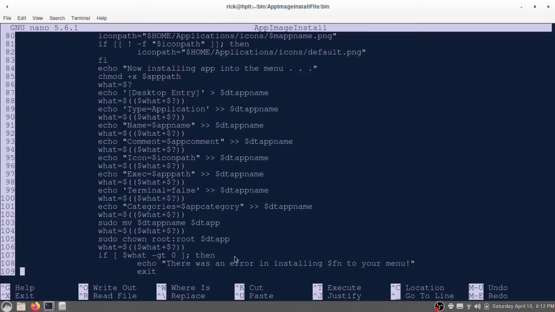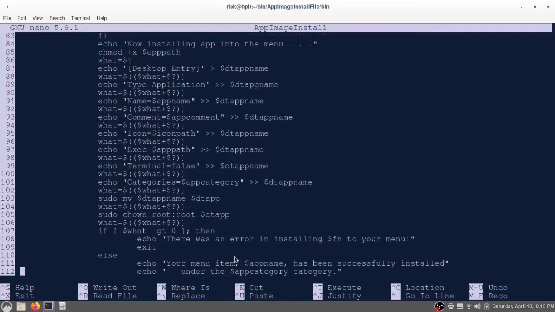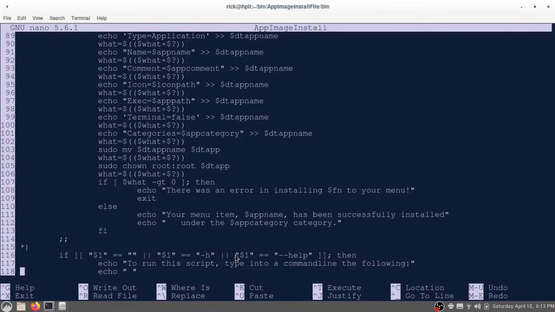And then if the what equals is greater than 0, then it says there was an error in installing it into your menu. Look out, and it exits. Else it says your menu item, the app name, has been successfully installed under the app category. And then if you come down here,